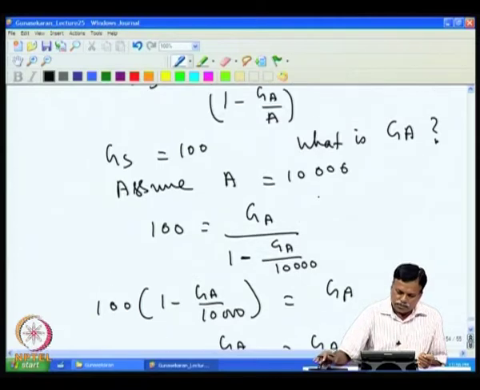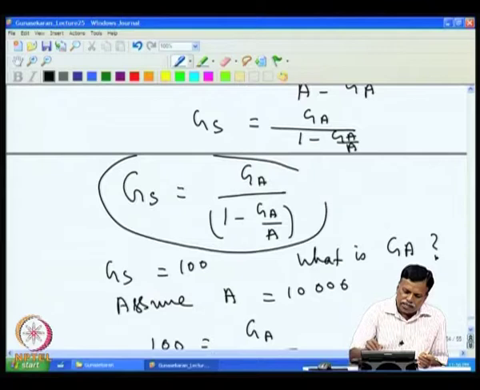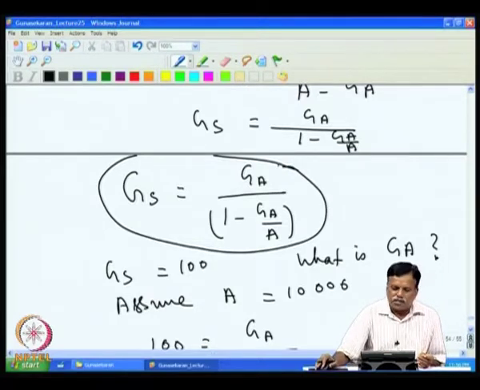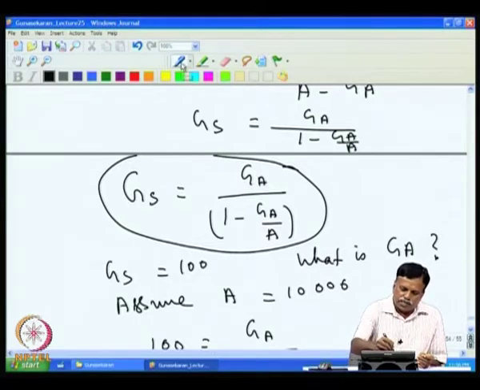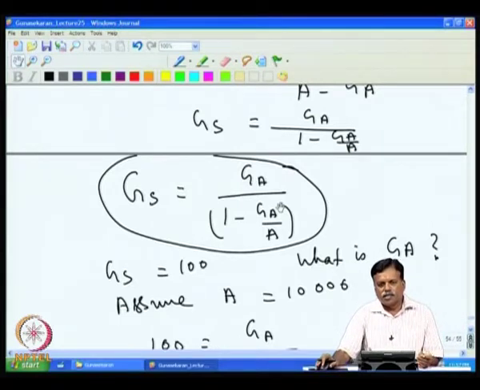So, this equation defines the relation between actual gain and set gain. Now, the difference between actual gain and set gain will be more if the open loop gain is less. For example, if the open loop gain A is very large, then this term becomes negligible, and you will get set gain equal to actual gain. But this will be negligible only when A is much larger than the actual gain. So, if the open loop gain of the op amp is very large, then set gain and actual